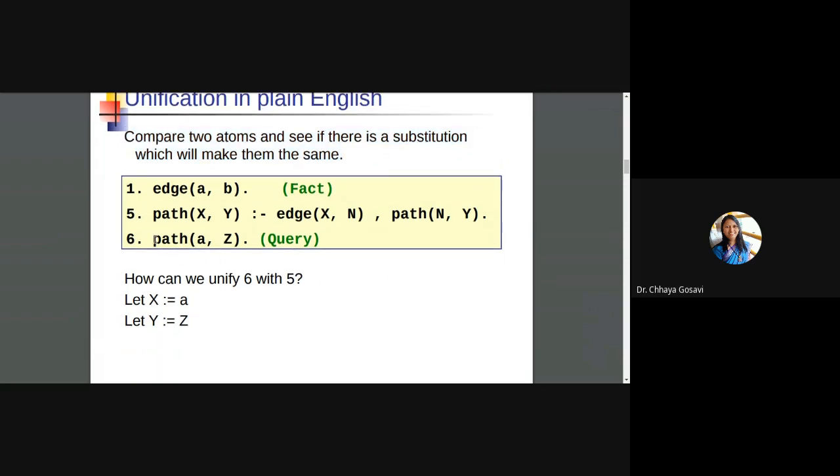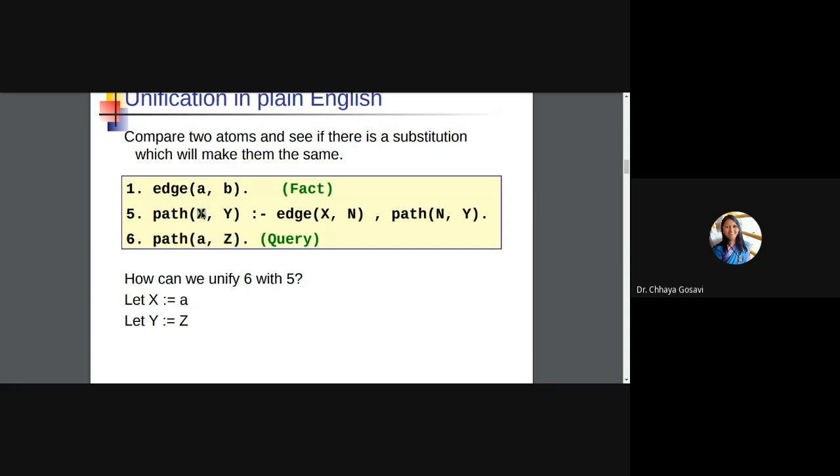So if you have path from A to Z, this is a query. How are you going to find the value of Z here? x is A. You are saying path A to capital Z. Is there a path from A to Z, or what are the different paths from A to Z?